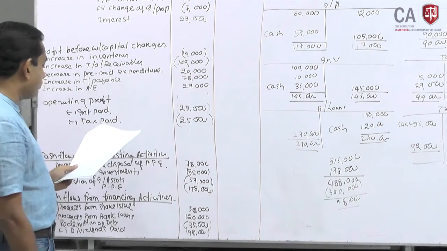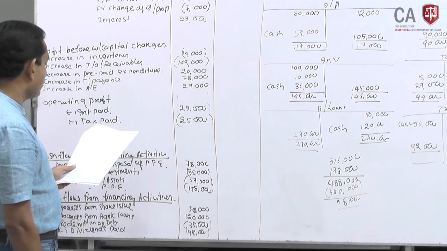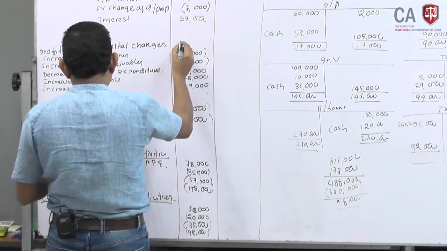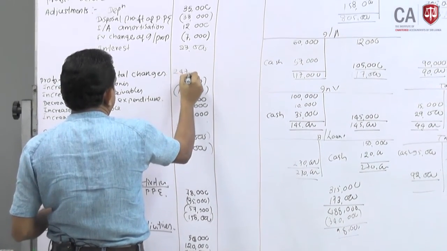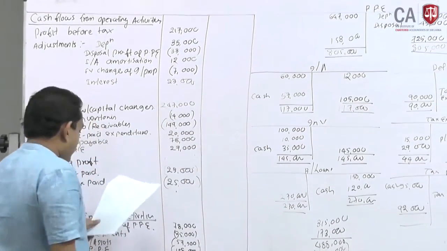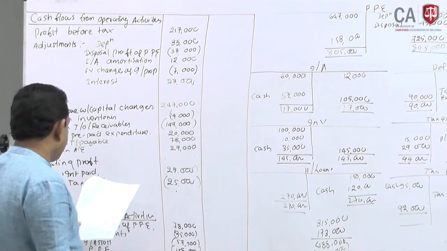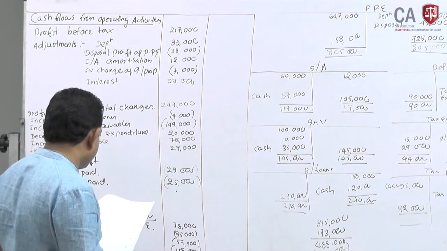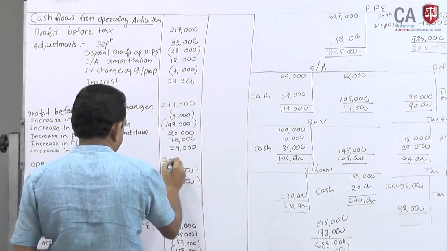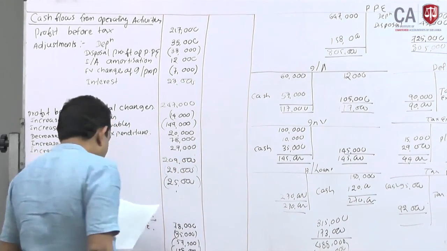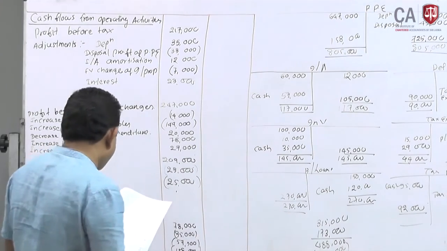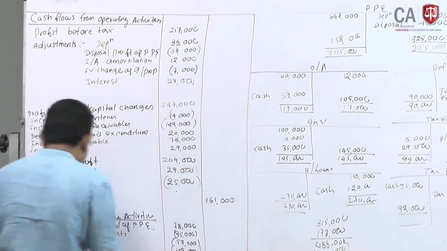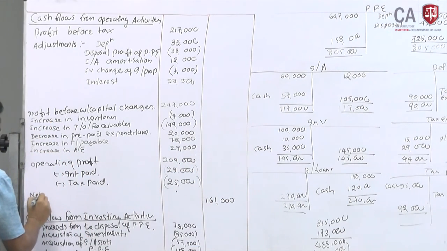217 plus 35 minus 33 minus 7 plus 12 plus 23. Profit before working capital change should be 247. Then minus 14 minus 149 plus 20 plus 78 plus 27. Operating profit should be 209. Minus 23 minus 25, then net cash generated from operating activities